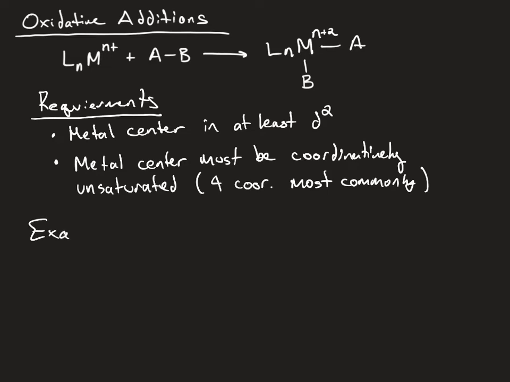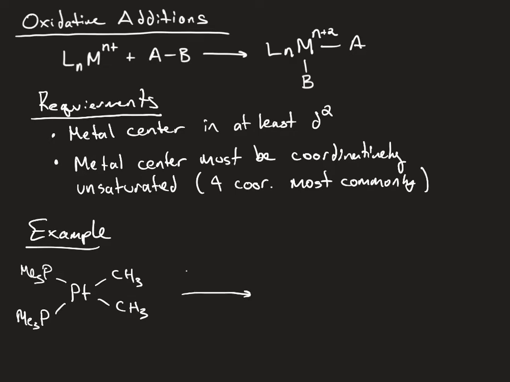An example of an oxidative addition reaction would be the addition of methyl iodide to this platinum 2 species. So you add methyl iodide to this platinum 2 species, and you form the 6-coordinate octahedral compound,